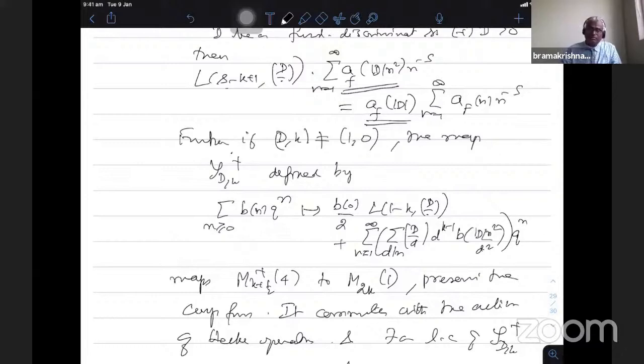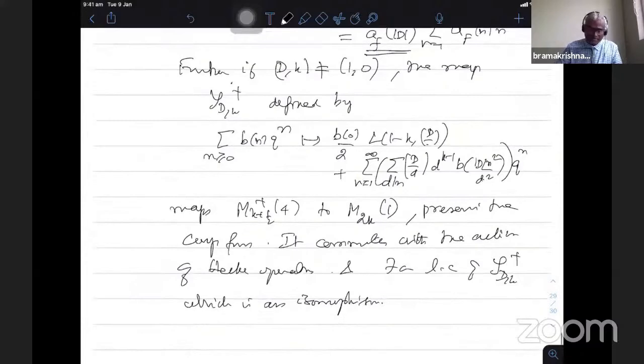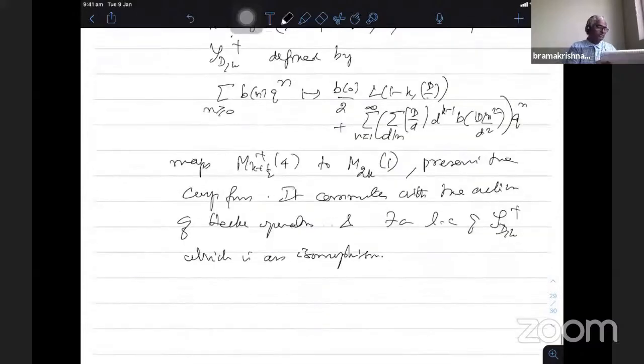Otherwise, there will be different discriminants for which different eigenfunctions will be non-zero. Suppose I take f_i, then I can find a d_i such that a_{f_i}(|d_i|) is non-zero. So if there is a collection of fundamental discriminants for which a_{f_1} is non-zero, a_{f_2} is non-zero, etc., then one can find a linear combination which gives an isomorphism. So a single map will not be there. Here it is replaced by a linear combination. So one can check that. So verify.